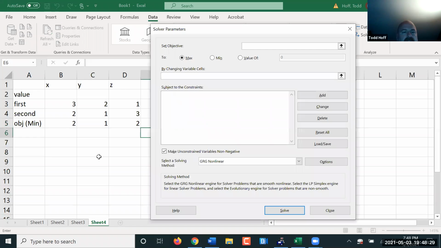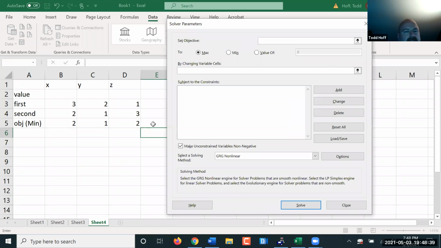My objective here, shrink this down just a little bit. Well, not me right now. So my objective here, I am going to click on this cell right here is my objective. And I want to minimize that value. So I click on minimize by changing these three cells, X, Y, and Z,